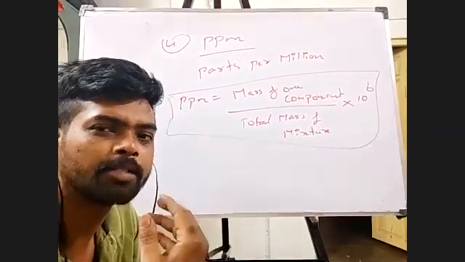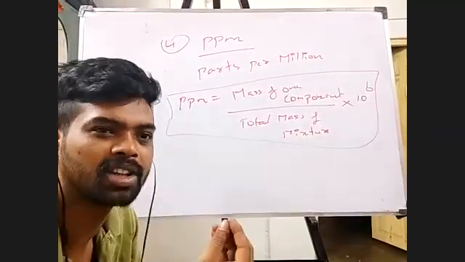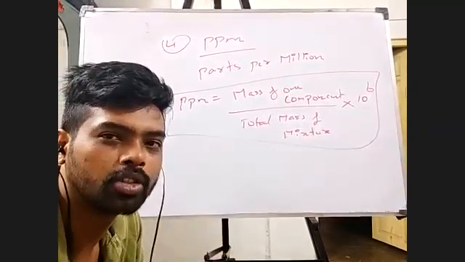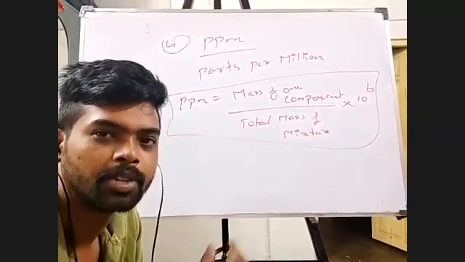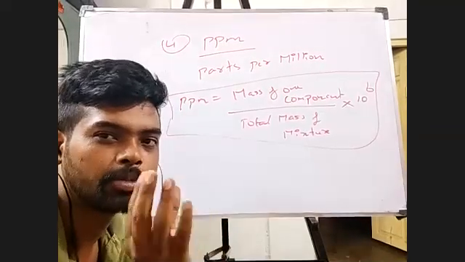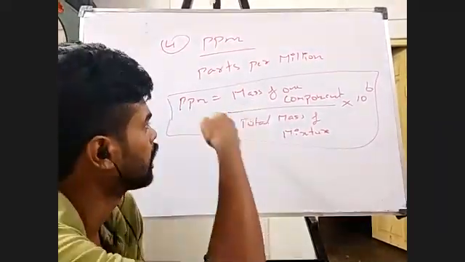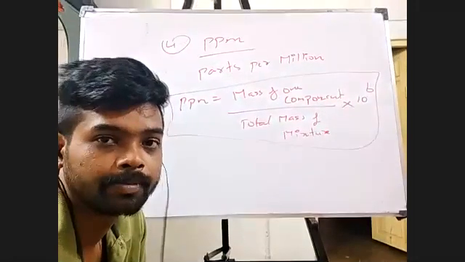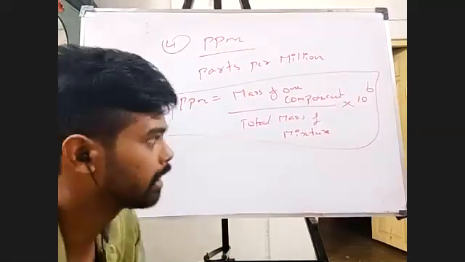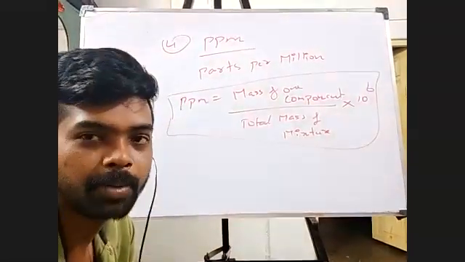So if I speak in terms of mass percentage, the value will be something like 0.00005. If I need a finite, solid value to work with, in those cases I go for ppm. Are you able to understand? Okay, so that's about parts per million.